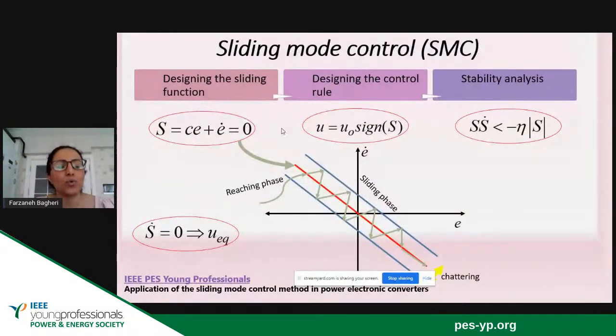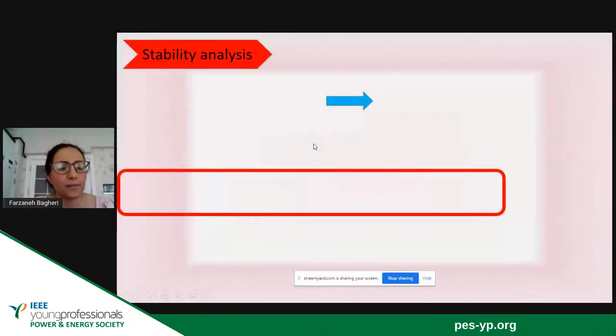Maybe you ask whether we need this stability analysis whenever we design the sliding function. Of course, we need it. Because you see that we have some constant coefficient in the sliding function, and for finding the optimum value for this gain, we need the stability analysis. So I think that we can see the stability analysis for this mathematical equation. Let us consider that we have an error, and the error is y minus y reference. You know that